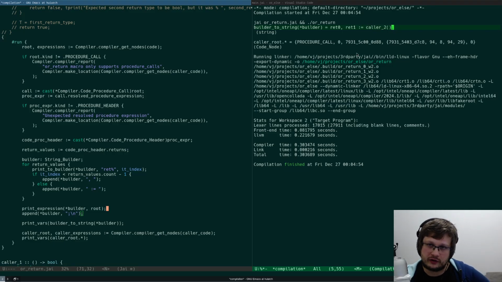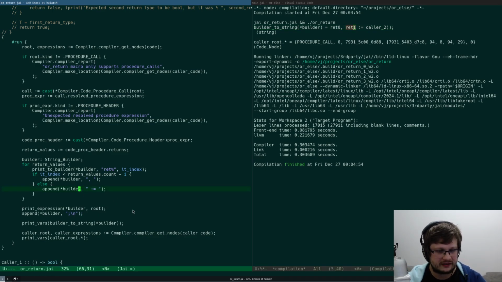We also need to check on this one, right? So we do this, print to builder red index, and now we need to compose a check. So for that, we need the last return value.